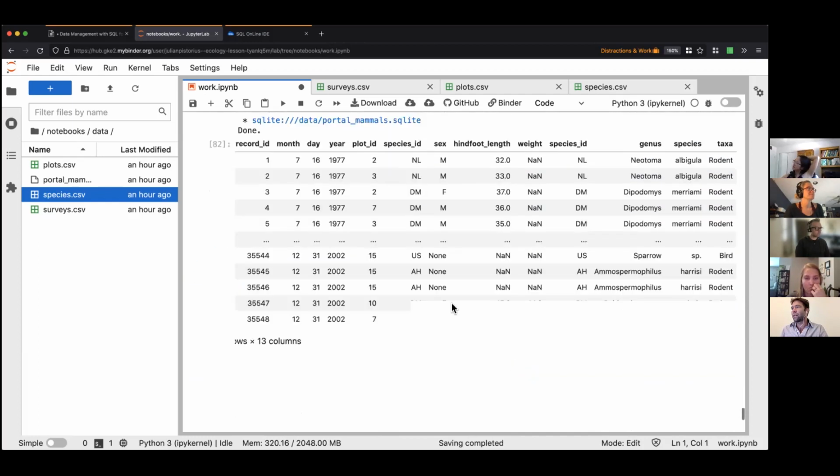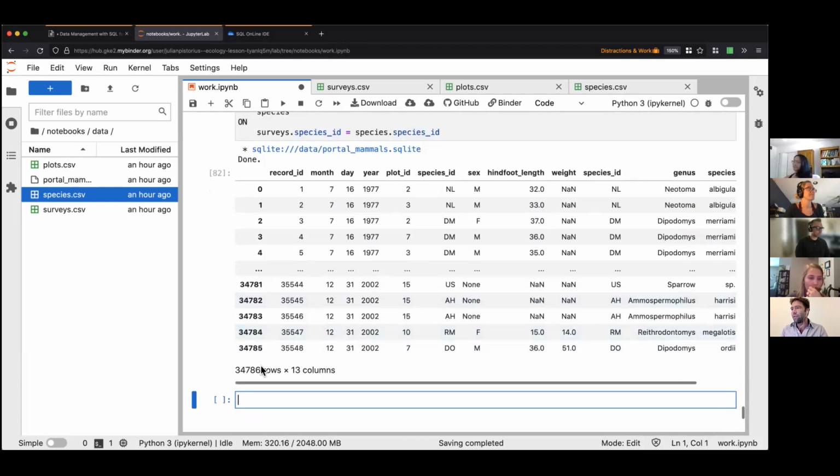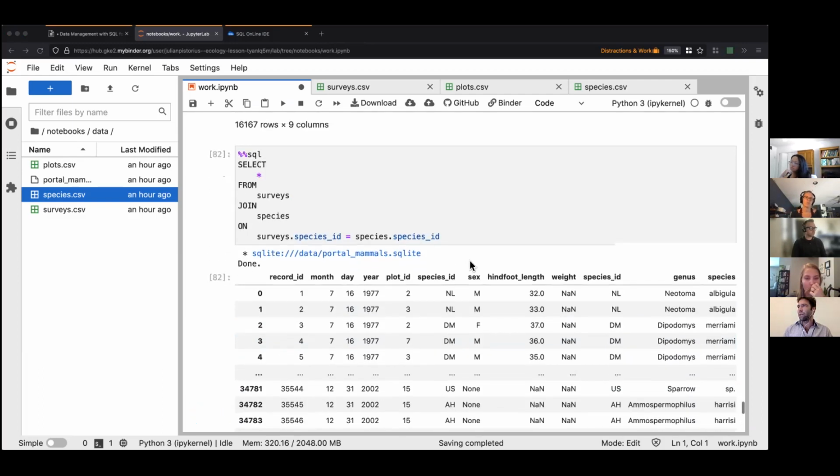Incidentally, you'll notice that there are less than 35,000 rows because there are some surveys for species that don't exist in the species table, or there are surveys for things that we don't know what the species is. Okay, but let's say we want to find all the ones where the genus is Dipodemus, right? So let's modify the